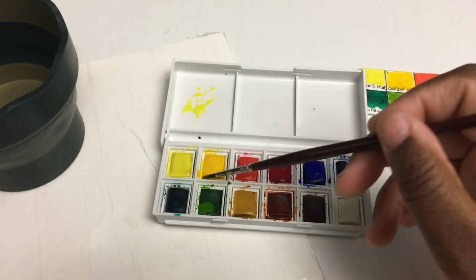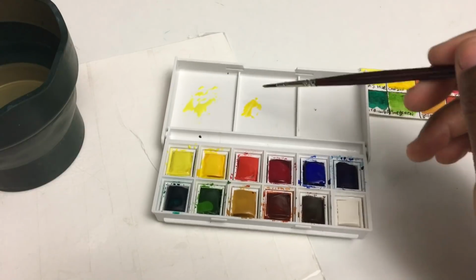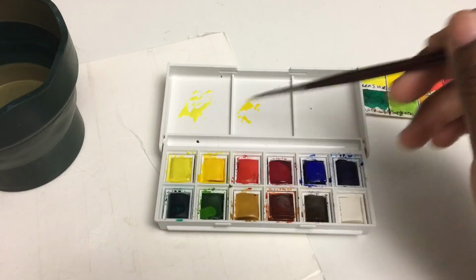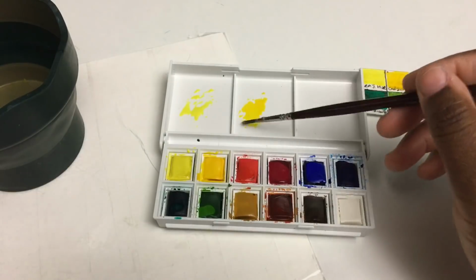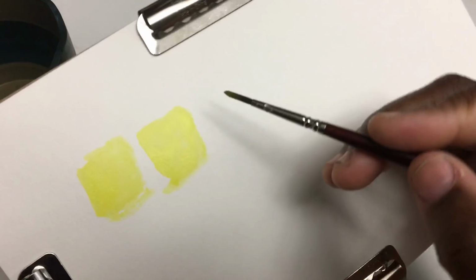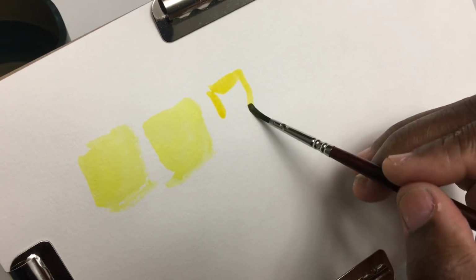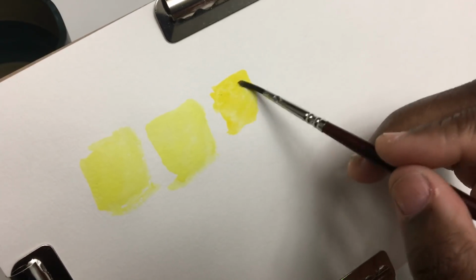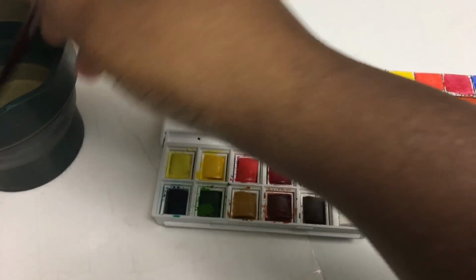One of the things that I learned to do early on, and that I'm glad I learned early on because some people seem to struggle with it later, and I have very little problems with it, is making a nice even wash. And a nice even wash is great for your backgrounds, for your other stuff. When you color, a lot of times you'll fill in the circle and then you'll go back in, and that can get you an even wash sometimes, but I find it easier if you do something slightly different,